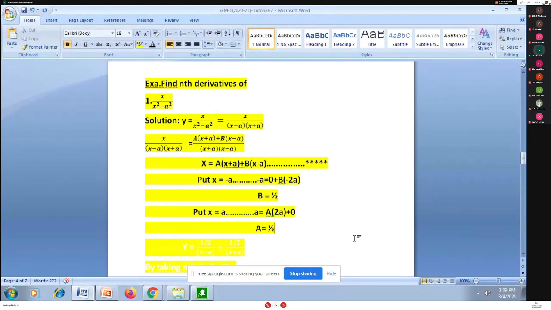So for partial fractions with non-repeated linear factors, my steps are like that. For partial fractions you have to follow the table to see which case you have to go for, either case 1, case 2 or case 3. According to that, search for the values of the unknowns, then resubstitute the unknowns A and B here in this.